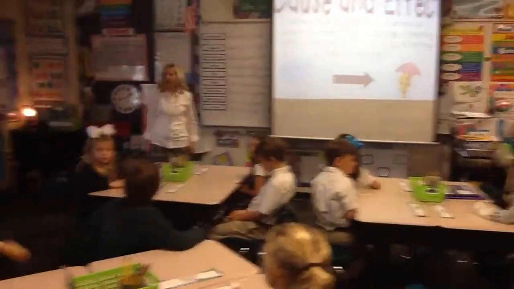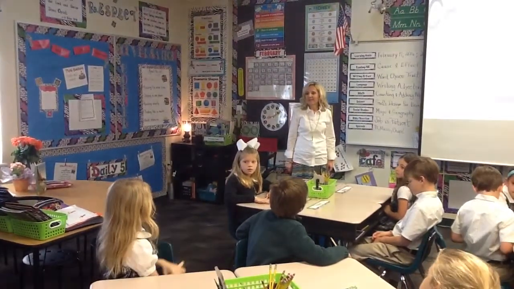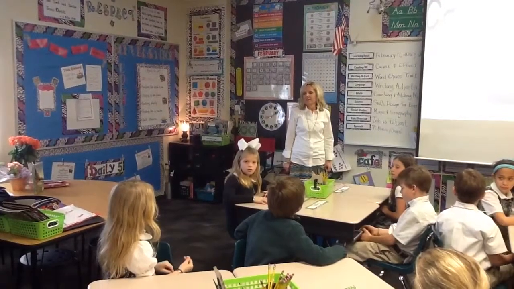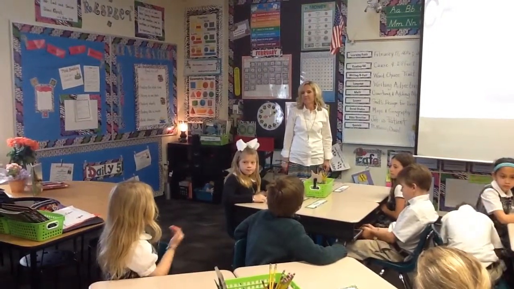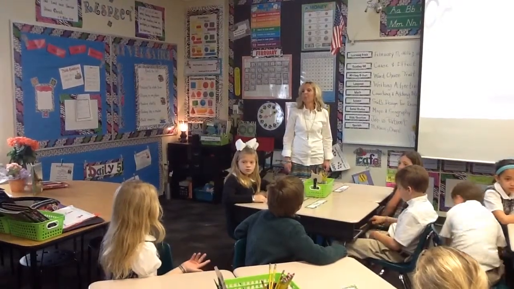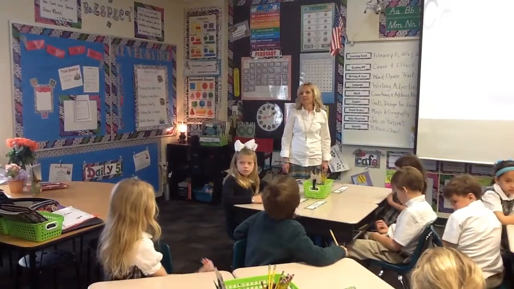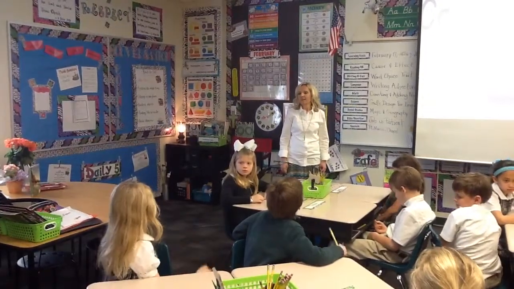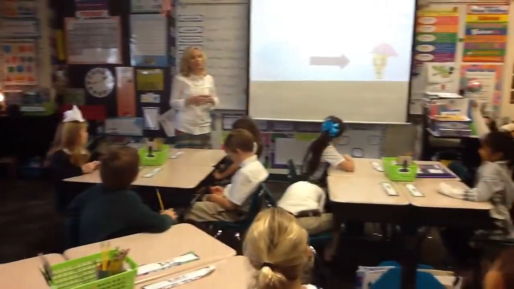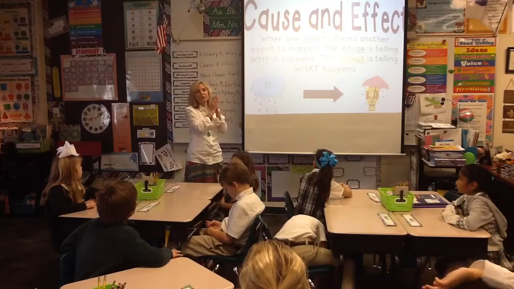Kira, do you have something to add? Cause and effect is what's going to happen, and what could happen in the story that might cause different things to happen. Like weather, you can never tell, but if it happens, it affects other people and other plants. Exactly. For example, boys and girls, when we read our story Rainflowers yesterday,